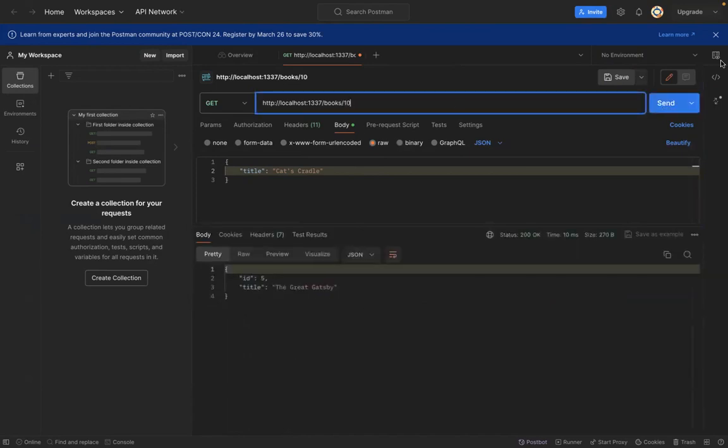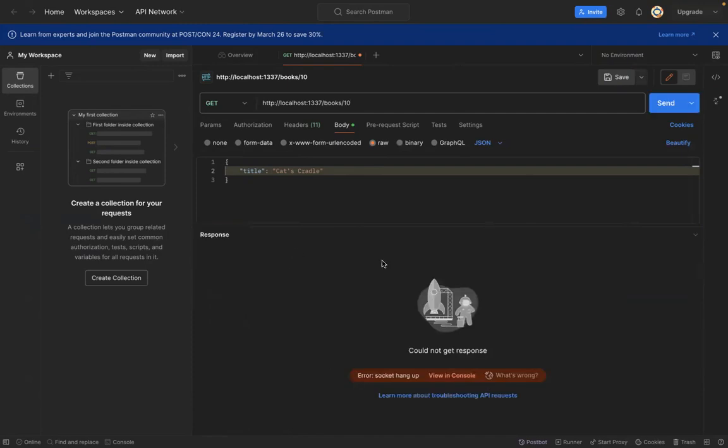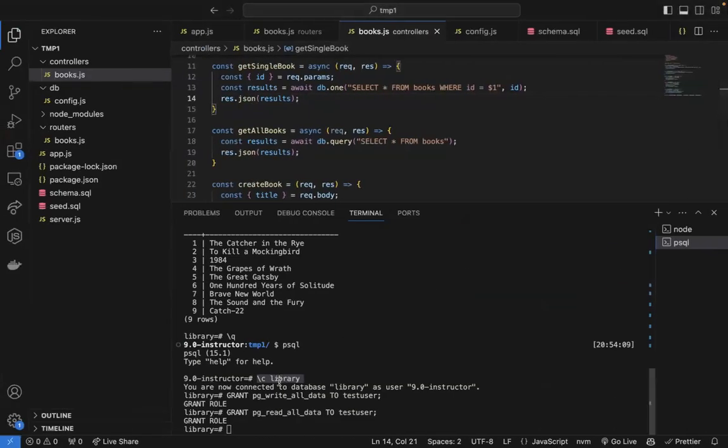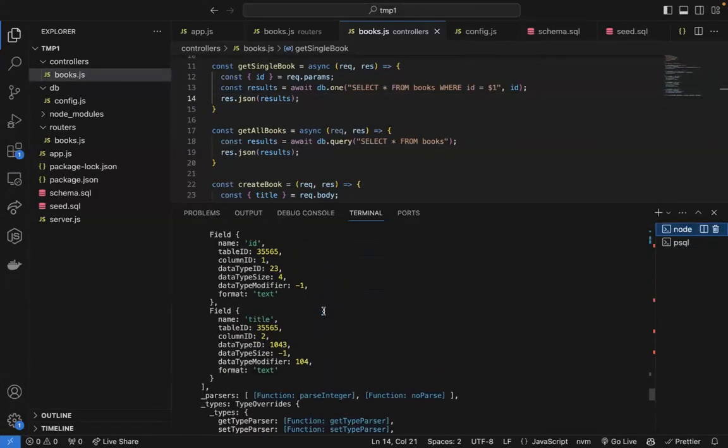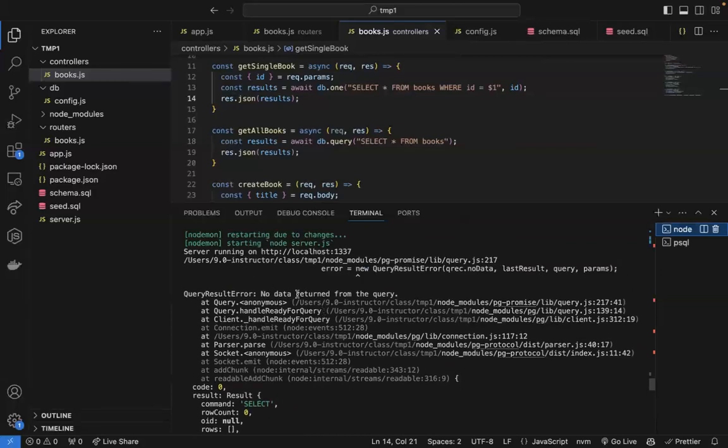If we did 10, we could not get a response, because if we try doing that with the ID of 10, it gives us an error here that says no data returned from the query. And what we could do is make this a little bit more resilient, and we could do something along the lines of